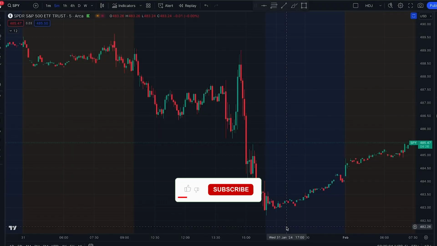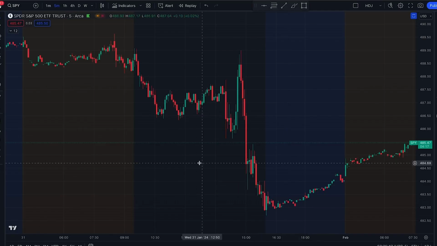We're going to get into some strategies, some methods, things that I'm doing each day to make my trades. To get started, we're going to talk about the indicators that you need to add to your chart. All right, so now this is TradingView, and their premium package allows you to add the indicators